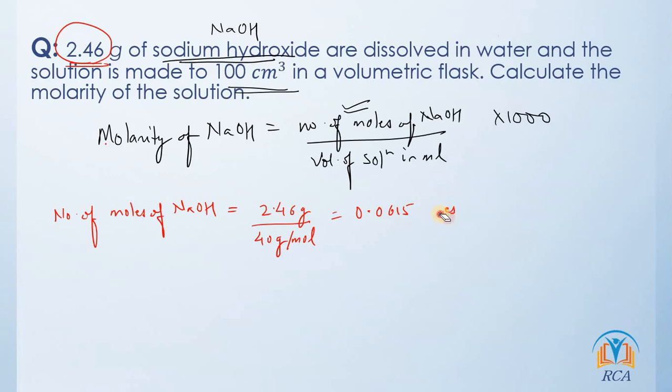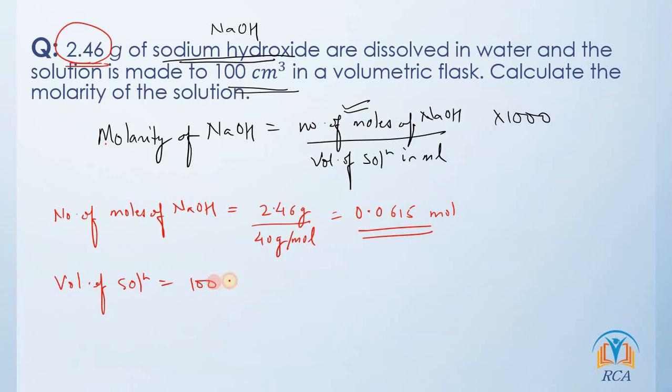This is what it will come up to. We all know that we can only write mol for moles, right? So 0.0615 mole. This is going to be the number of moles present in that particular 2.46 grams of sodium hydroxide. Now what do we require? We require volume of solution in ml. Now volume of solution